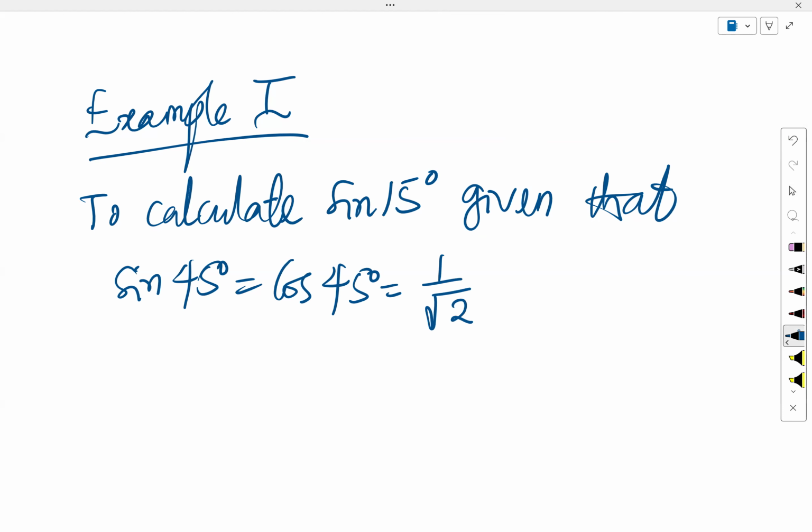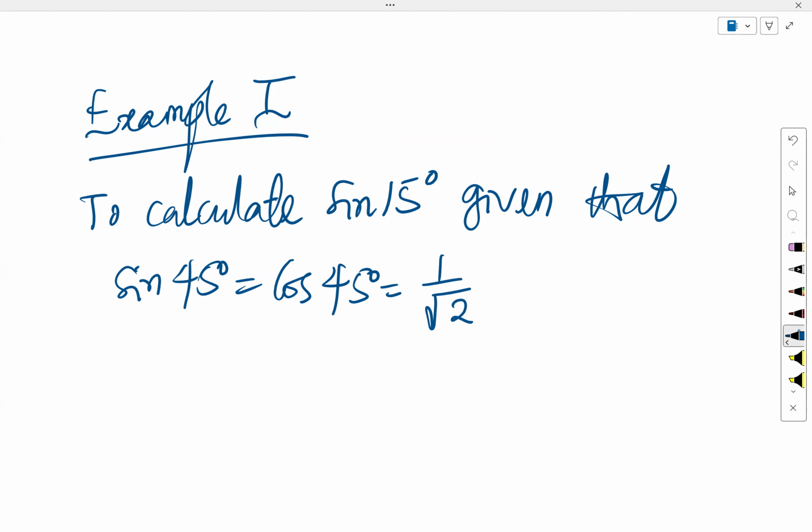We derived all of this when we talked about special angles in one of the previous videos. So we want to calculate sine 15 degrees, given that sine 45 degrees equals cos 45 degrees, which is 1 over root 2, and